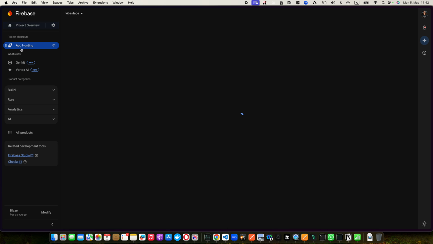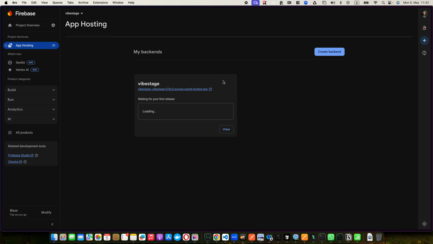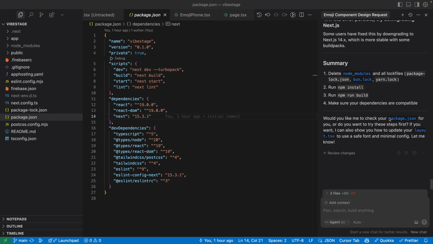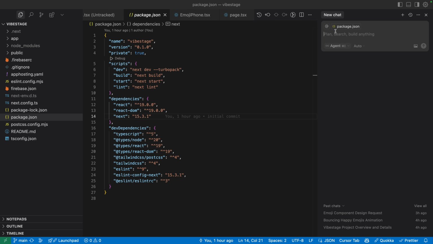If I go here, this is the actual deployed version. If I go in here, I also see this mobile on the right side. It's just a development tool, nothing else. So let's prompt that one first. I'm gonna ask very simply,